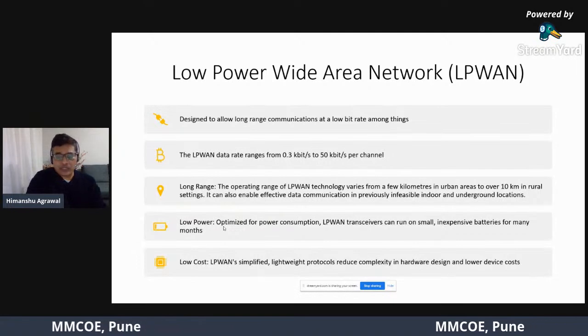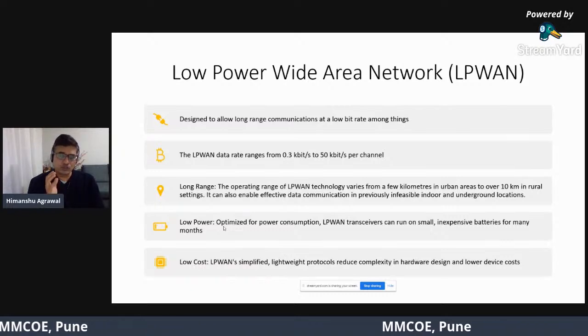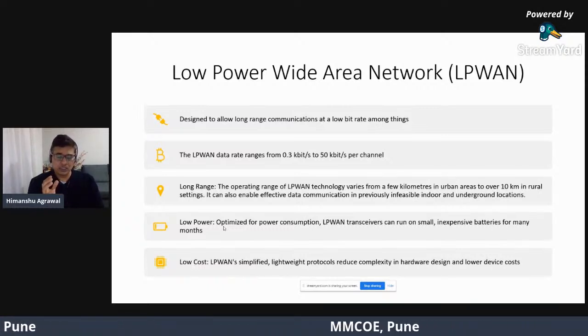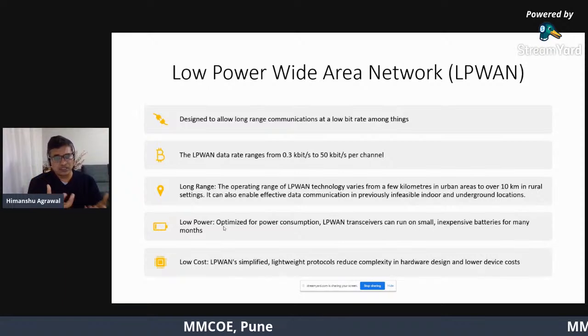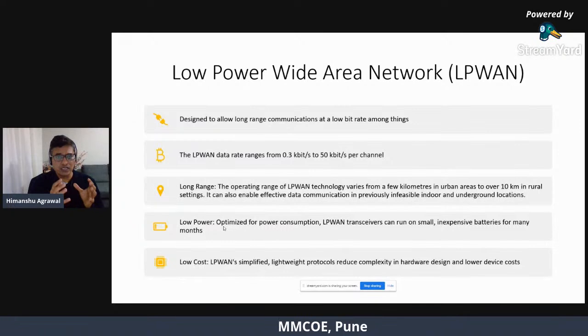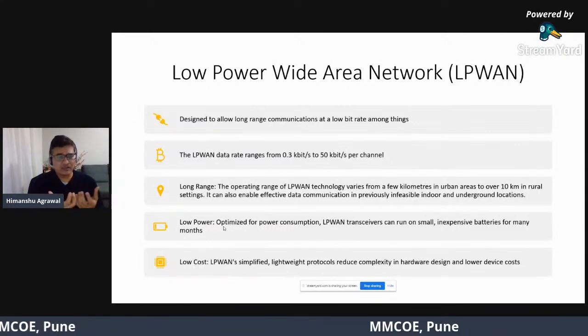So now, as mentioned before, the protocol is aimed for long range communication, and it supports those applications where the requirement on the data rate is not high, right? So we are looking for the applications where the data rate is very low, right?